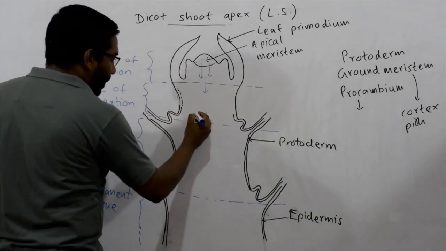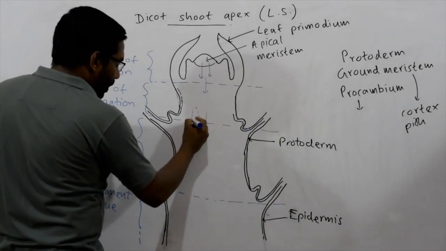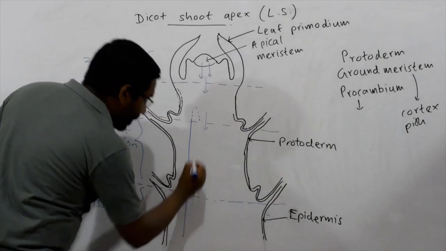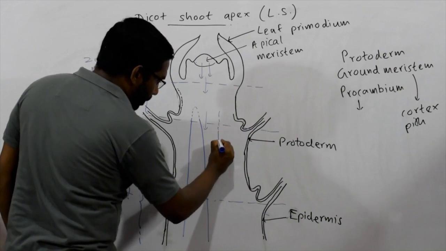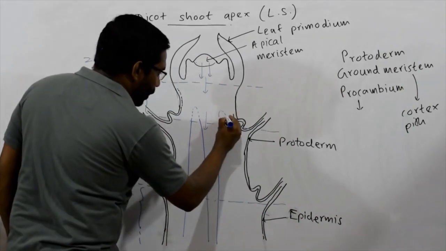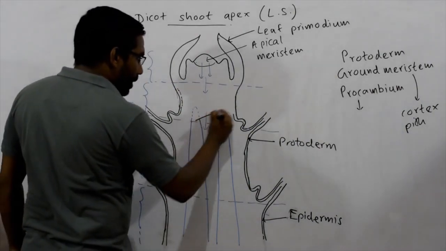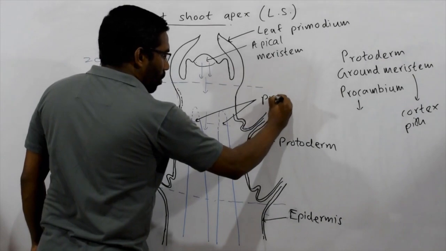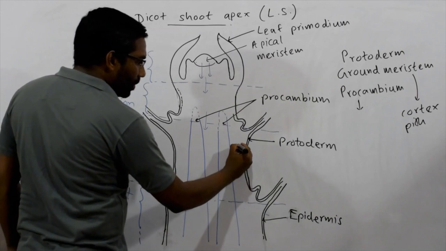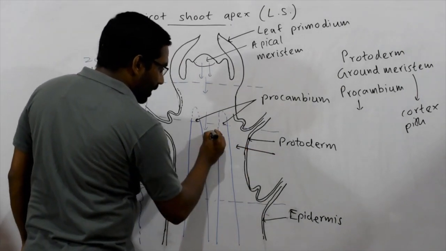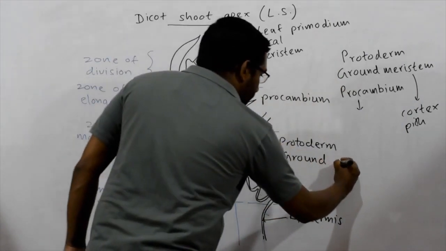Here we will indicate two procambial strands. So it's like this. Imagine, this is the beginning of procambial strands. Imagine this is a procambial strand. This is one. Then let's say this is another one. Likewise, several procambial strands should be arranged as a ring. Here these are two procambial strands. Then we can label here. So this is procambium, and in these regions it should have ground meristem. Here this is ground meristem.